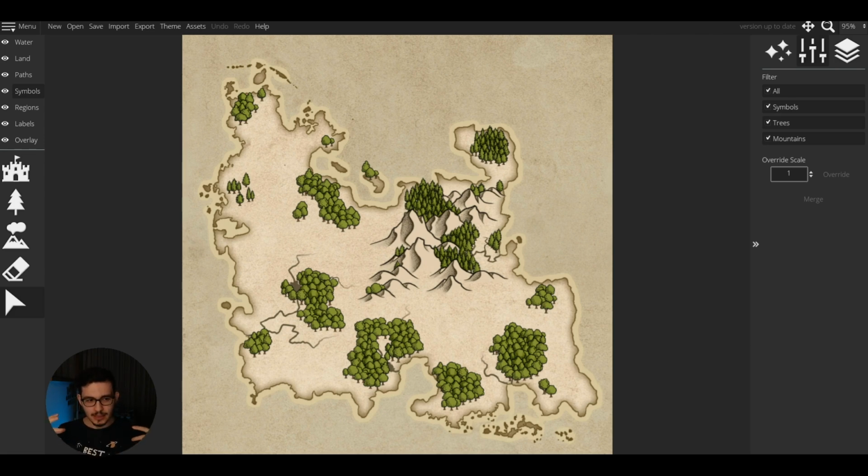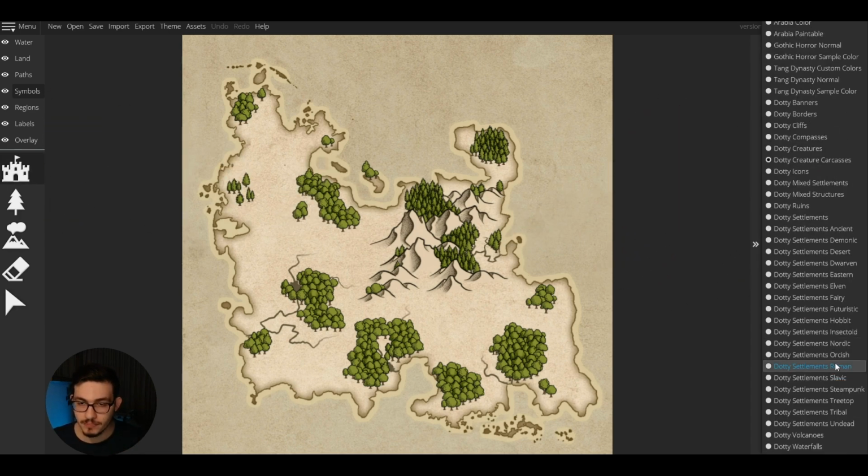So basically in my mapping steps we start with the coastlines and we follow up with mountains and then we follow up with rivers and lakes. After comes the forests. So the next step is to add things that are outside of all of them. We can also call them natural points of interest. For example, if you want to add a cliff, we can add it now.